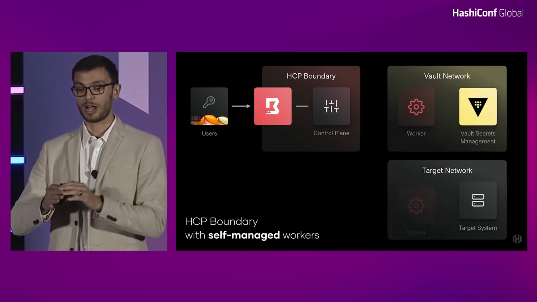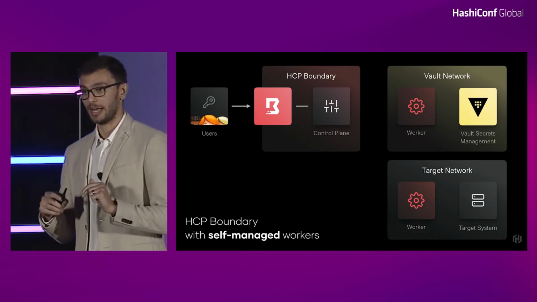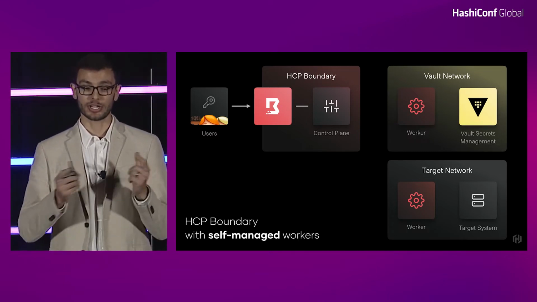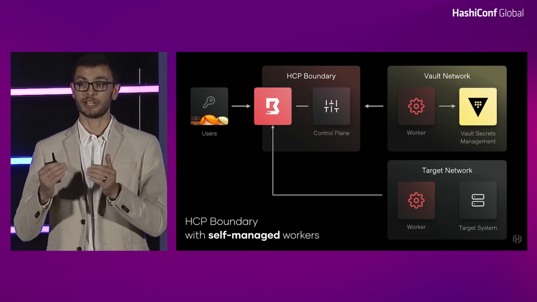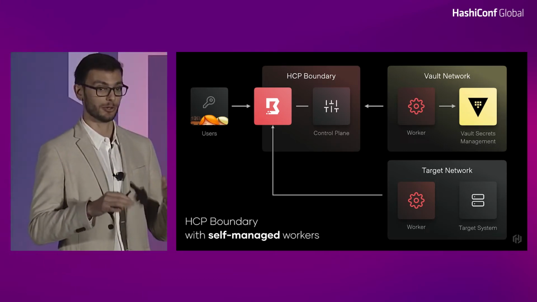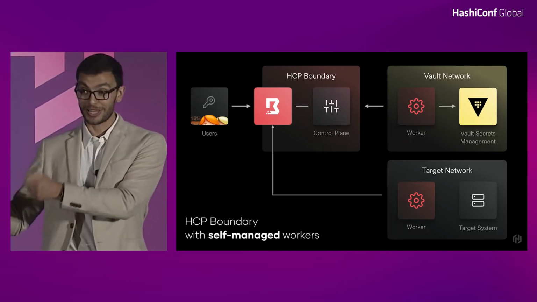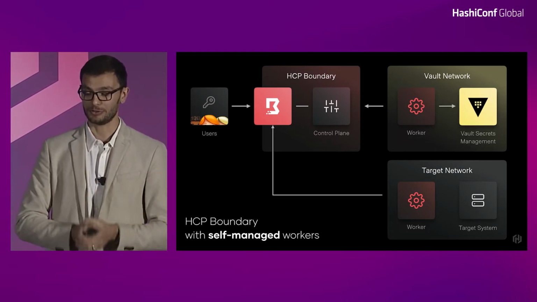I can instead drop a worker into these respective networks and have that worker securely authenticate to the Boundary control plane, such that it needs outbound connectivity. So it's a worker-initiated call, meaning that you don't have to expose inbound connections from these private network locations. Again, it's a location-initiated call up to the Boundary control plane. And then ultimately, that establishes trust such that the control plane can assign these sessions and also do bidirectional communication to the workers to do things like check out secrets and ultimately assign that session to a client